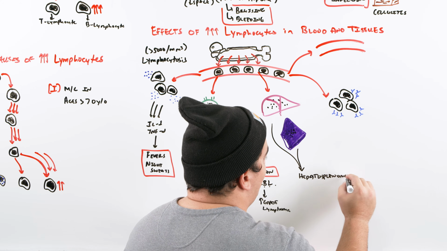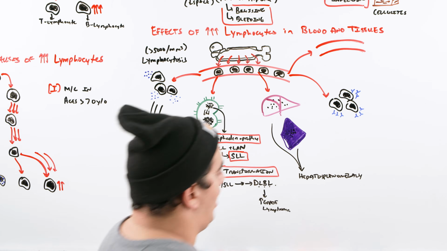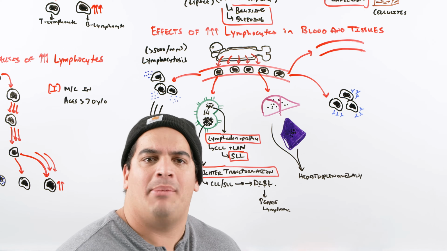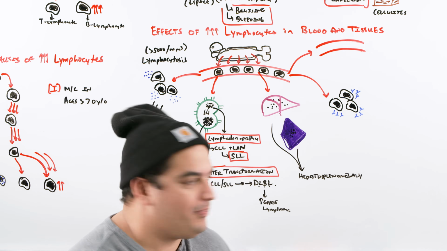You also saw this one in ALL. You only see splenomegaly in CML, and you don't really see any hepatosplenomegaly at all in AML. Okay,